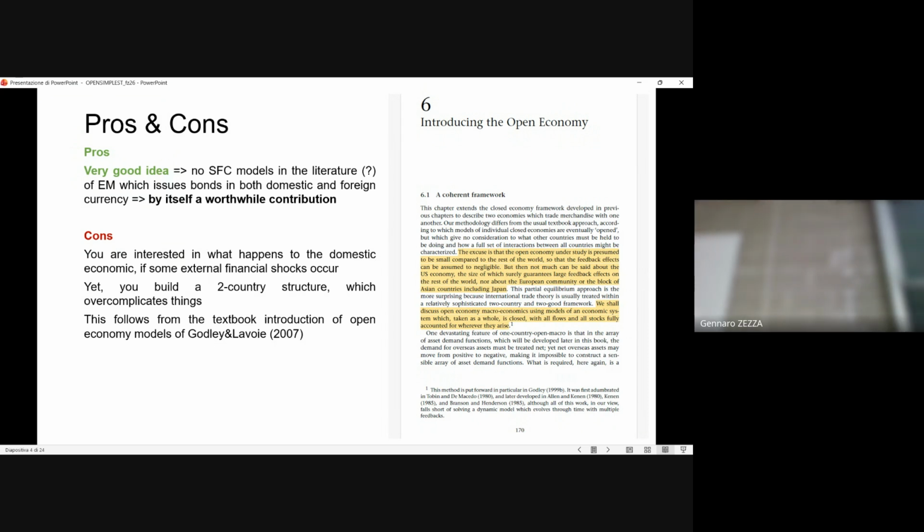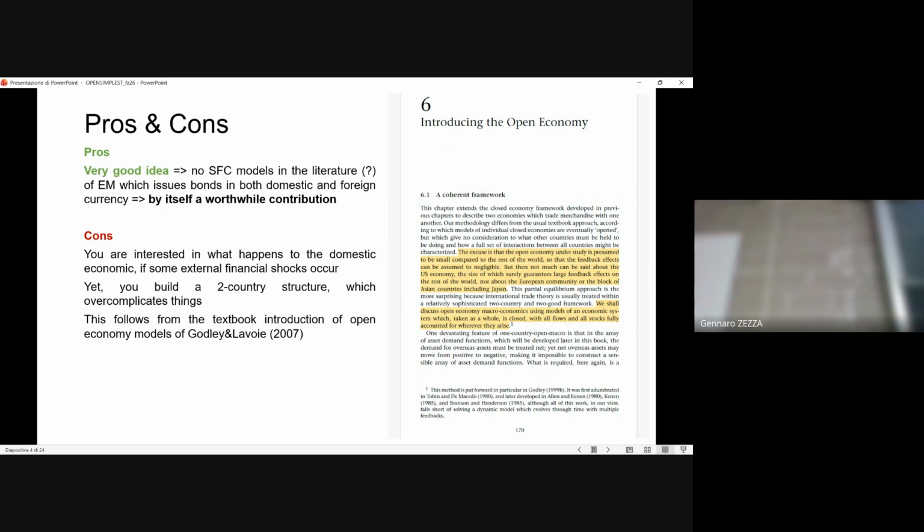She opened chapter 6, where Godley and Lavoie introduce the open economy, and here you find that they claim, chapter 6, first page, that to study an open economy, you must have two countries. Why? Because if you don't have two countries, your system is not complete, and you will not be able to study countries like the United States, Japan, the European Union, or other large countries, because you do not take into account the feedback effects from one country to the other, which is okay. But then, is there a different way to do this?